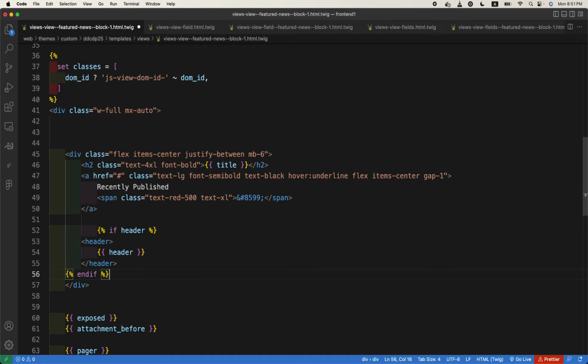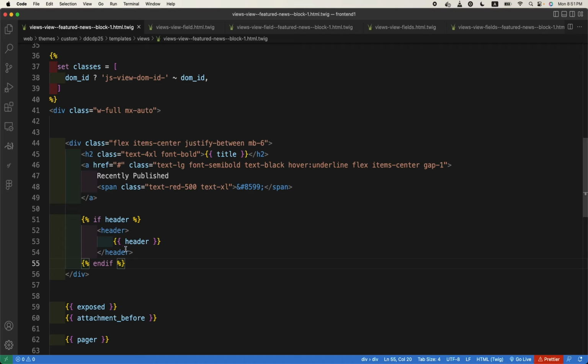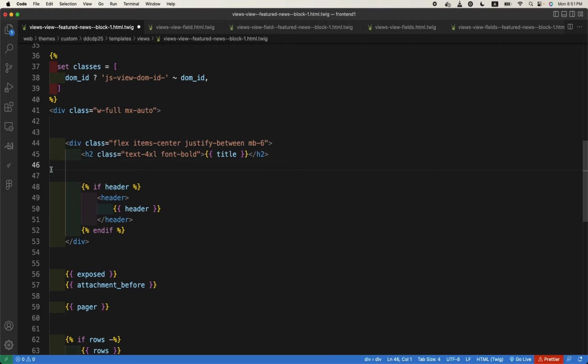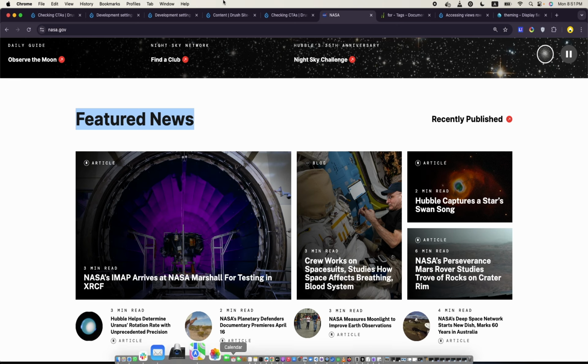Okay, this link will be added to the header, or maybe we can hard code it for now. But if we just cut it, okay, this will be output from the view. So if I go to the view now,